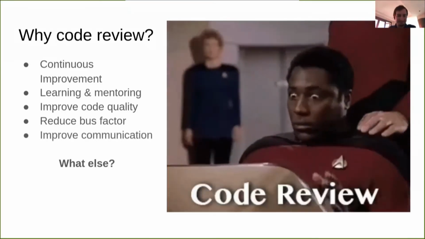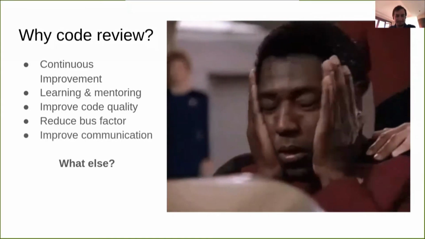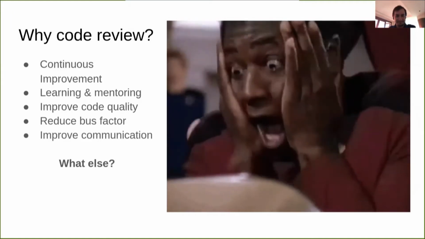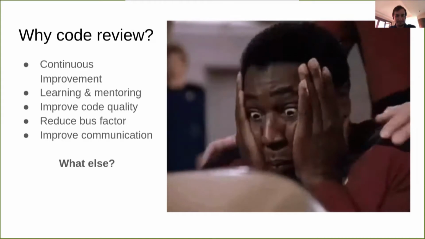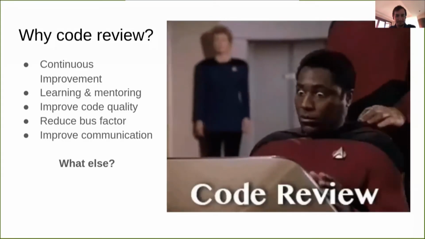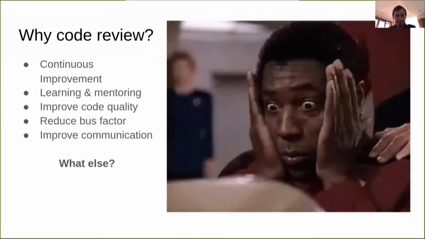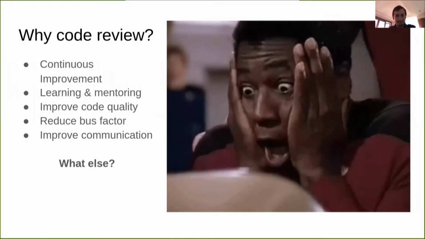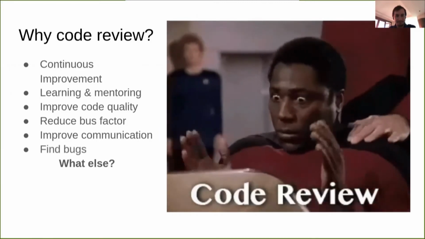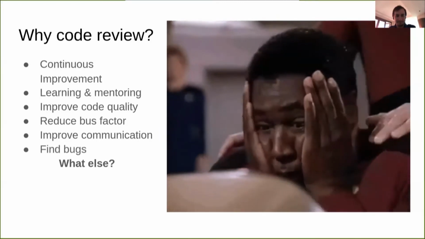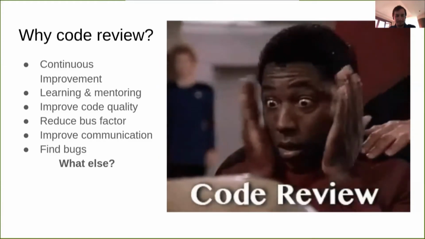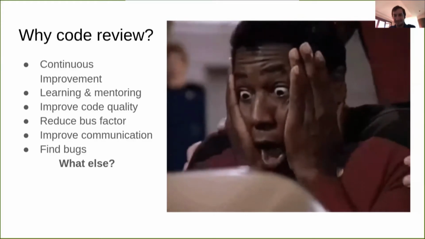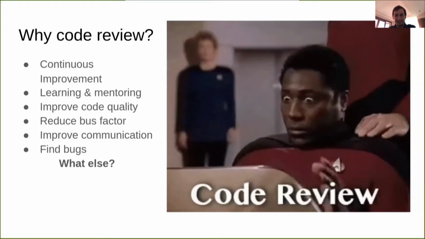It also helps to improve communication, which I think is what, like Gaston said about the architectural stuff. That's one aspect of that, but it can be broader. Just learning to, as you review code from other people, other teams especially, you maybe learn better communication, or you help bridge the communication. And then the last thing, and I'm actually glad nobody mentioned this, because it's often one of the first things that people talk about with code review is to find bugs, but in my opinion, it's one of the least important reasons to do code review.